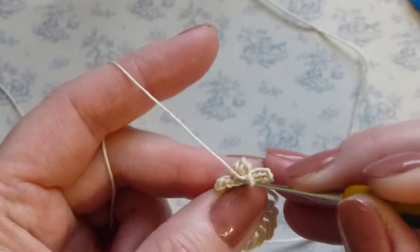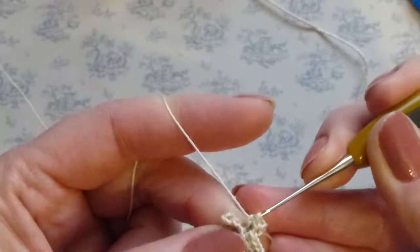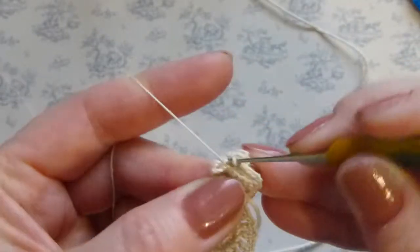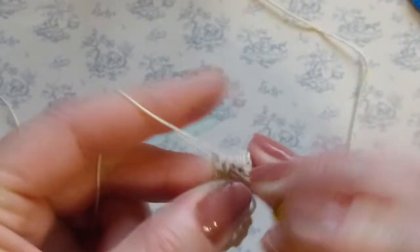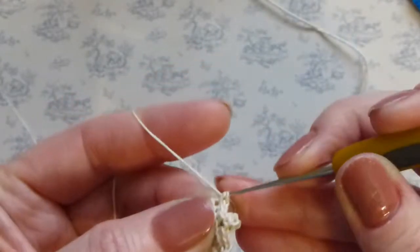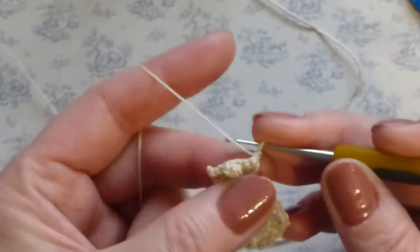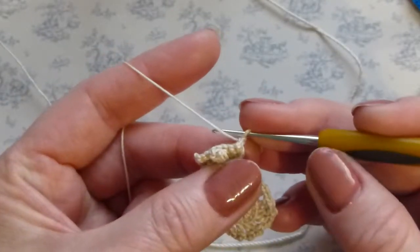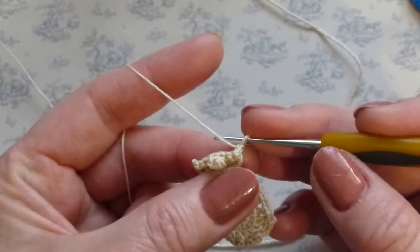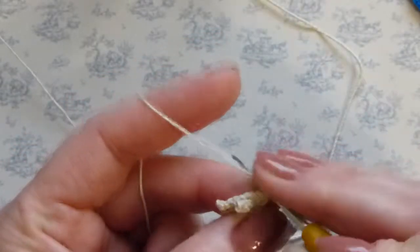So we skipped 1, we make 1 single crochet, second single crochet, and increase 1 and 2. 2 stitches into the last stitch, chain 1, turn your work. For the 5th row we crochet 8 single crochet stitches, or the way it is said in the book,